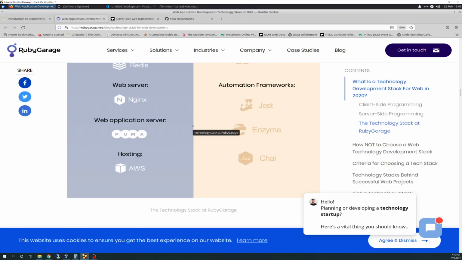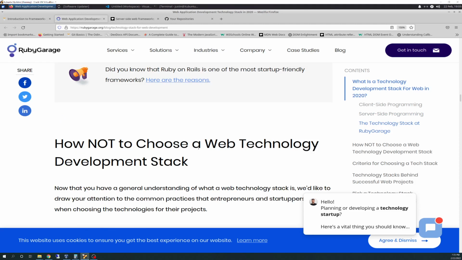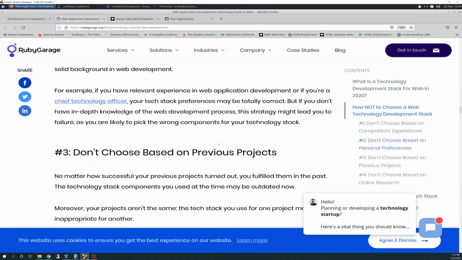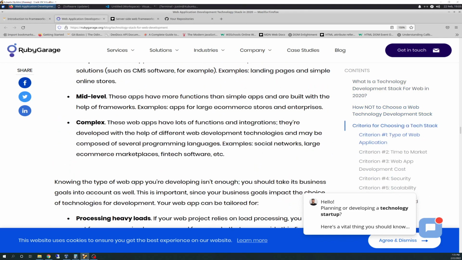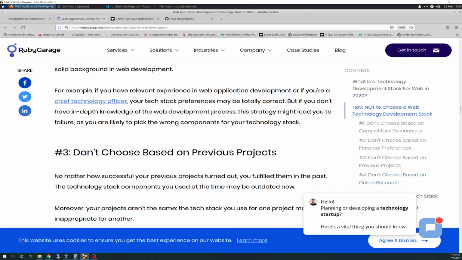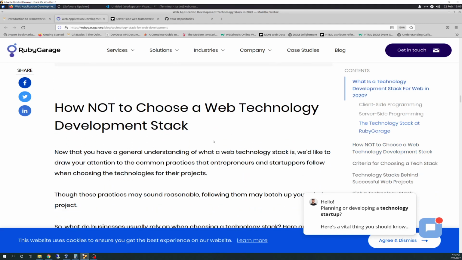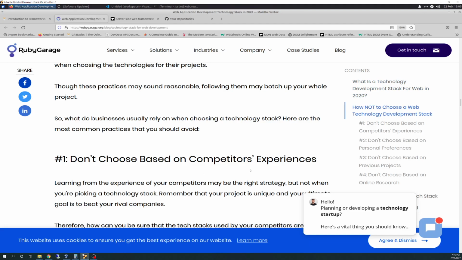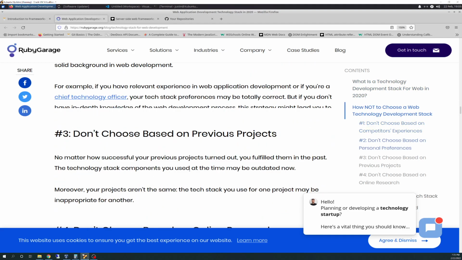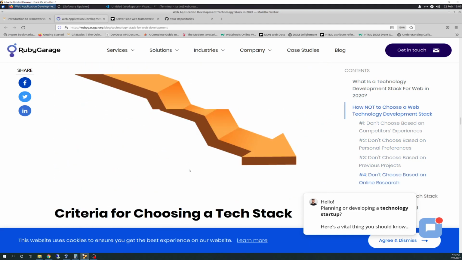Oh, this article is kind of cool because that's not really that fun there. But I think this is the article that talks about, okay, so do's and don'ts. I'm kind of flying through this. This is important. So it talks about how not to choose a stack, and they tell you don't choose it based on these certain criteria. I'll let you guys read through that on your own.